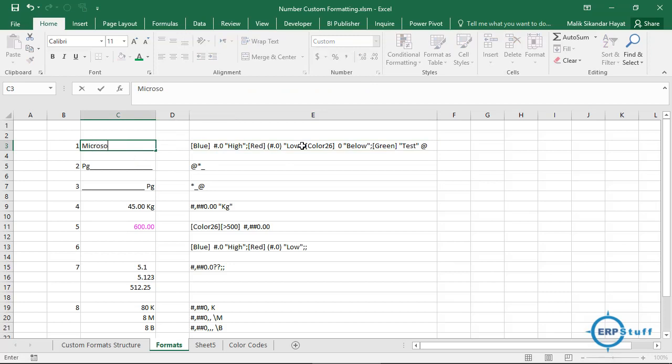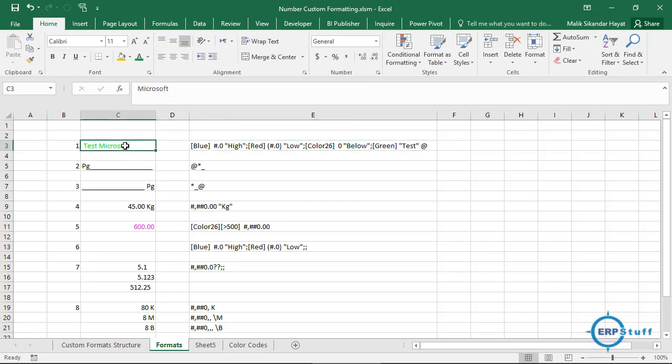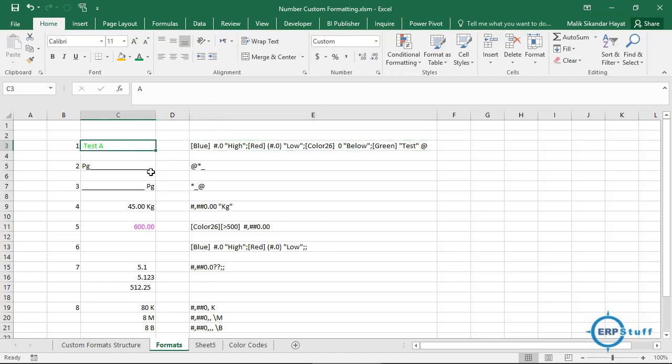See, on the left side, because the at-the-rate sign is for text. So before this at sign, which means text, enter text, there is a "test", right? So that it is showing automatically. I am not entering it here. So let's say for example, if I am entering A, it shows "test A", because there is a default word called test which is getting prefixed. Okay. See, when I enter a number, different formatting.